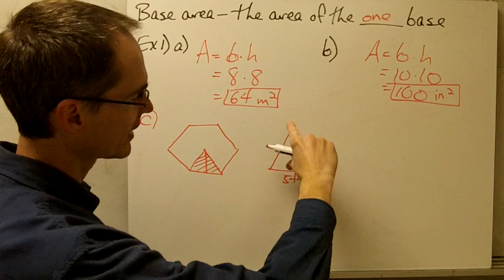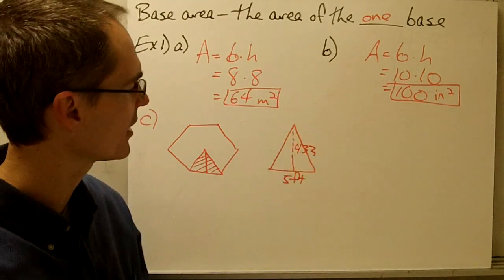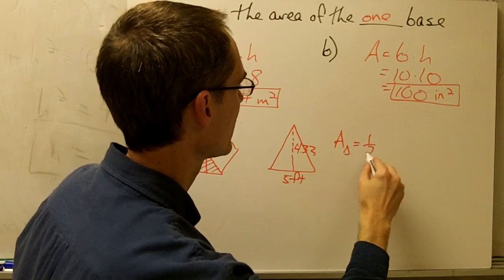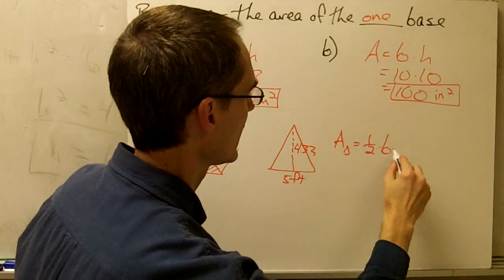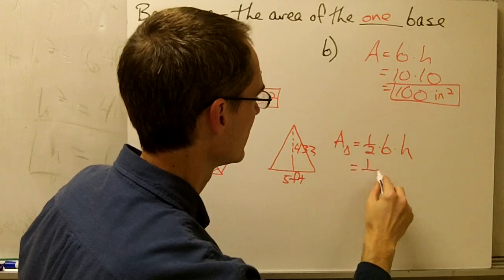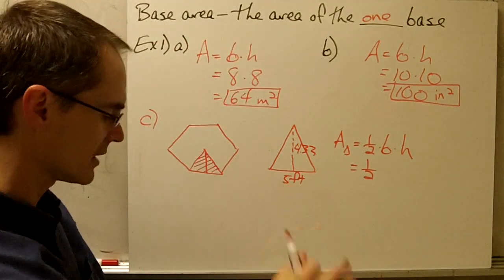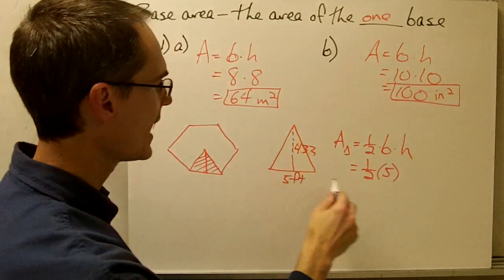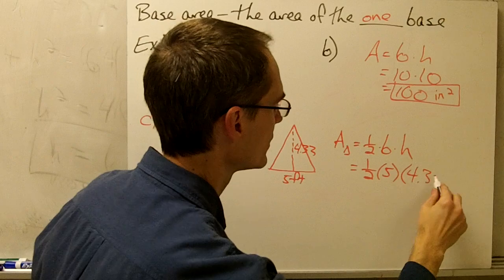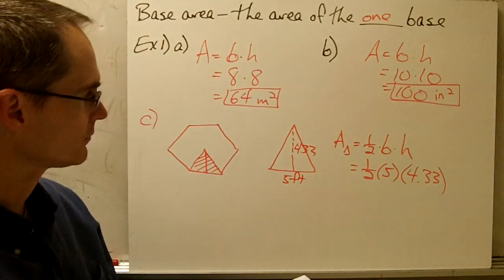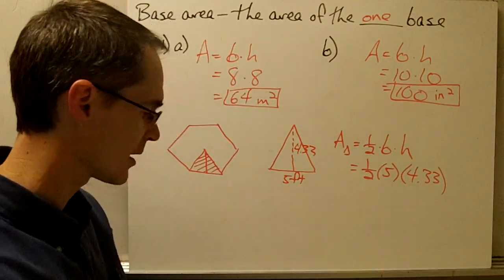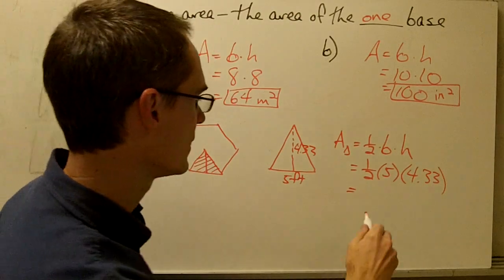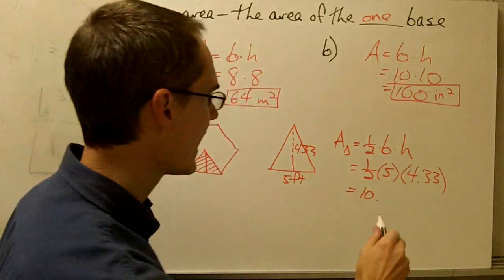So I know the base of the triangle and I know the height of the triangle, so I can calculate the area of this triangle. So the area of my triangle is going to be 1/2 little b base times height. And I know the base of my triangle is 5 feet. And I know the height of my triangle is 4.33 feet. So if I just multiply these numbers out, I punch these in on my calculator and I get 10.825